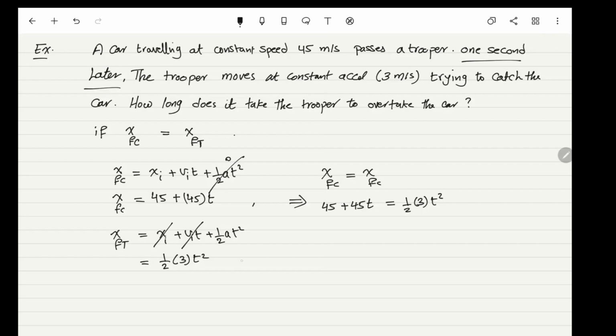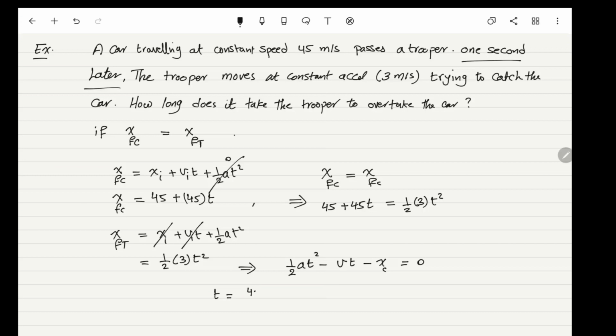By rearranging this quadratic equation, we will see that half a t squared minus v t minus x car equals 0. You substitute and you will find t equal to